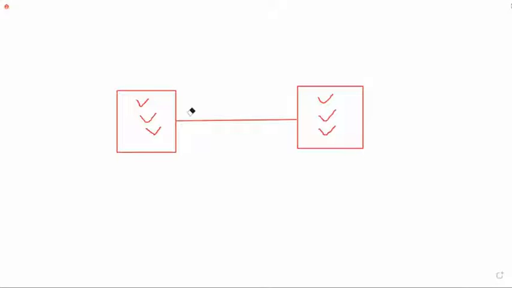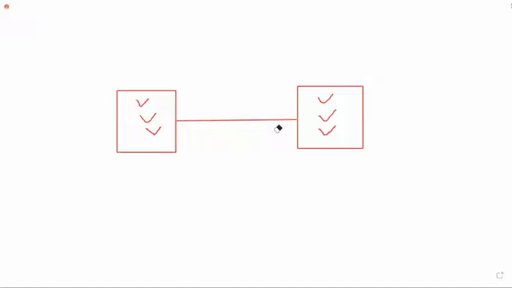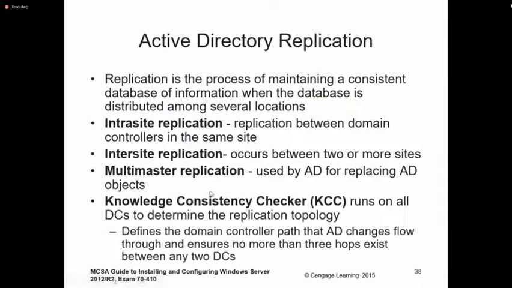Otherwise, as time goes by, small errors might lead to complex ones, and then it will be difficult to fix if the Active Directory gets corrupted for some reason, right? So yeah, you get the picture, right?